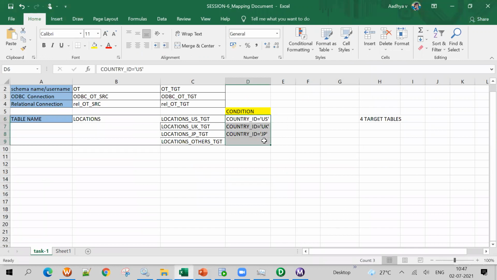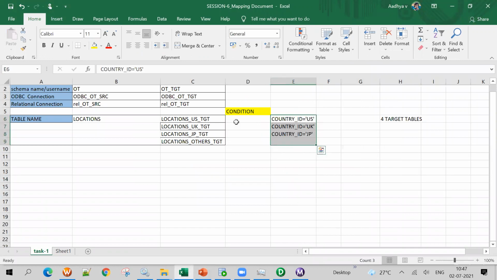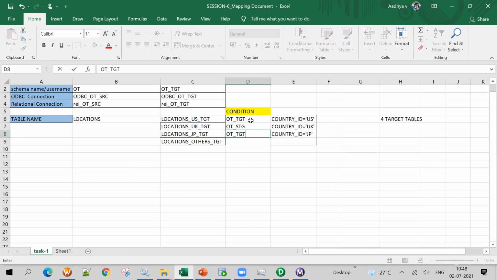The location US_TGT should be in the OT_TGT schema. The other should be in the OT_STG schema. Location UK_TGT is in the stage schema.